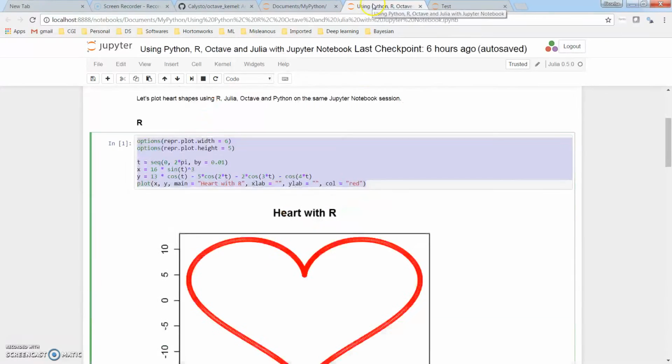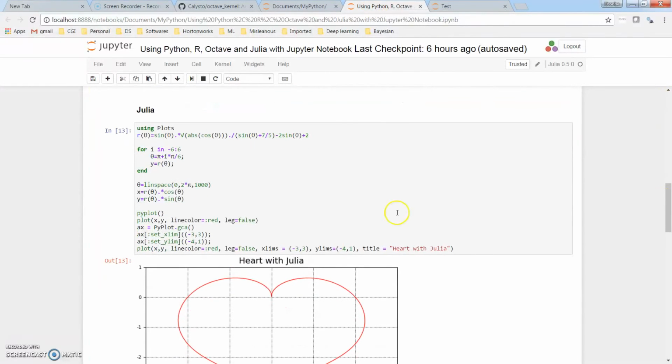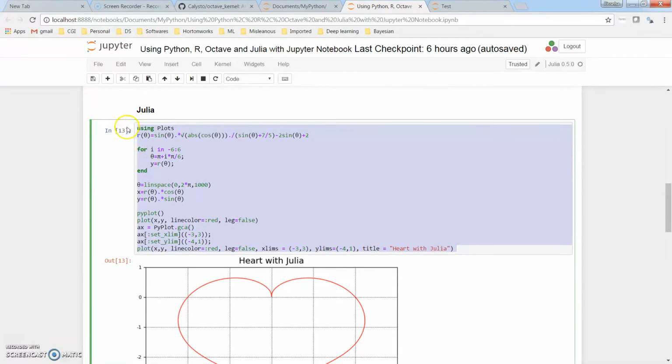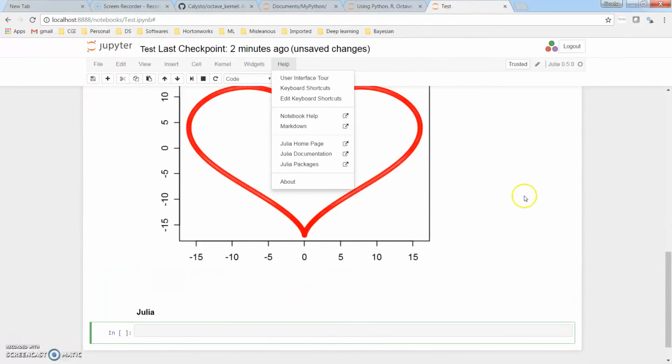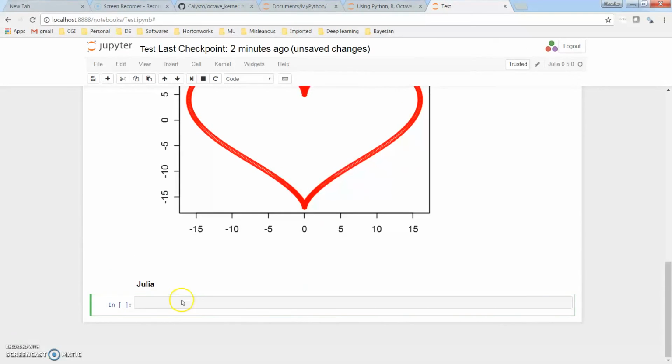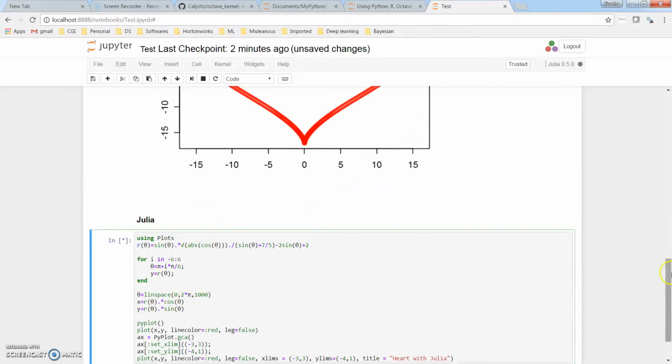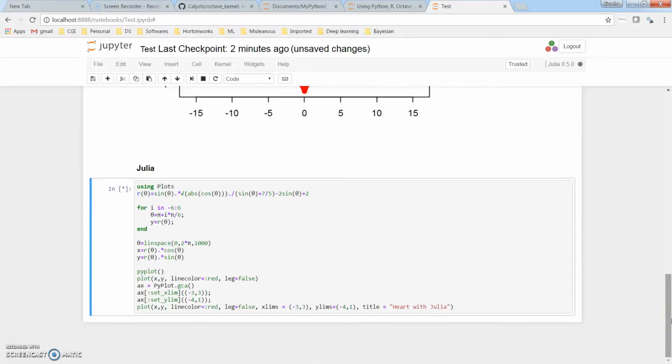So here I am using Julia, and I have some code to produce a heart. Again, I execute this code chunk, and it should plot a heart. Probably it may take some time.